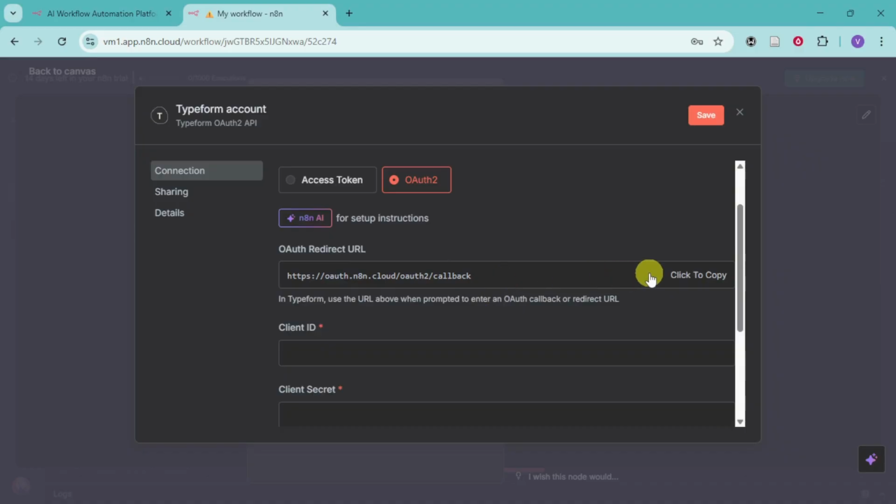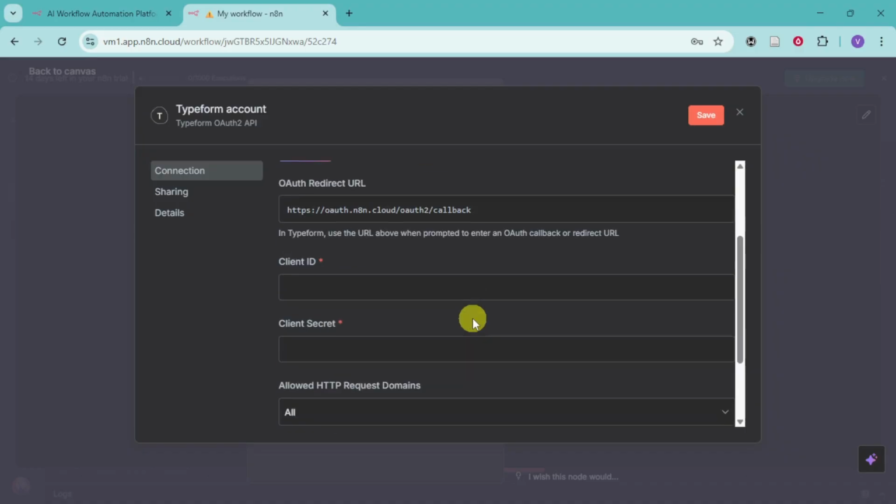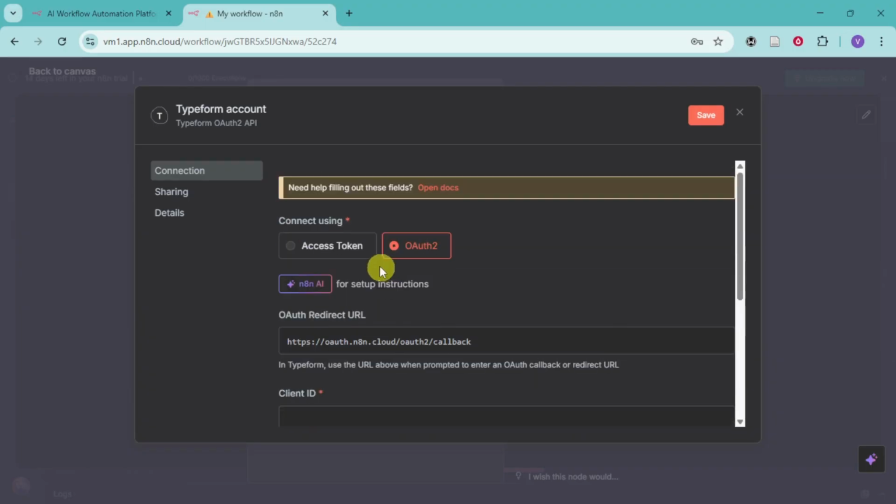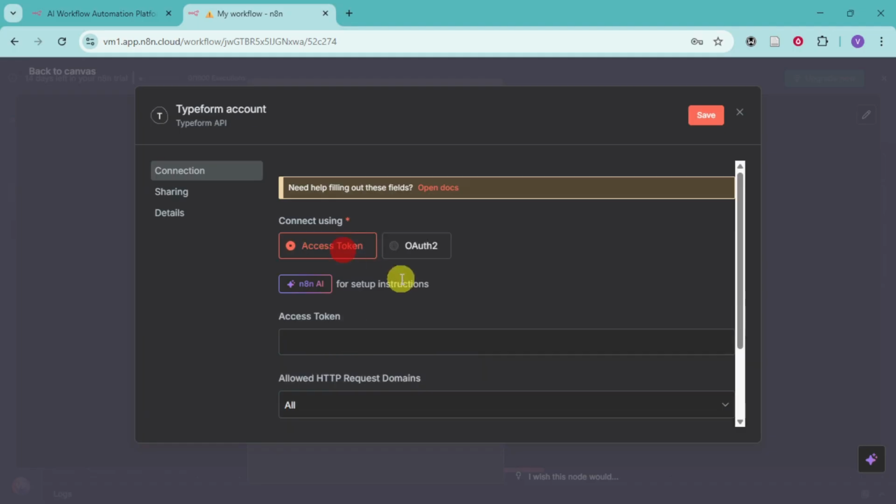You just need to copy this and then prompt it for the OAuth callback. You can also input right here client ID, client secret, and the likes. So the easiest way is just ask for the access token. And once you're done, just head over and save this in order to successfully use your Typeform account and connect